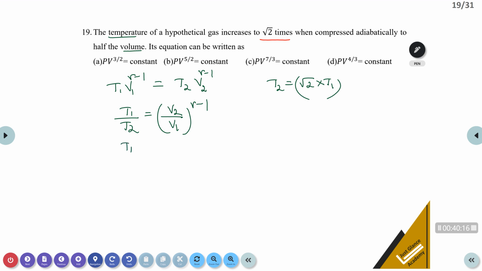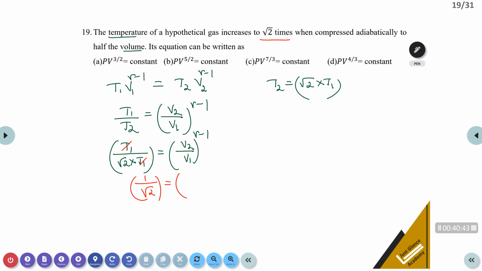Now I am writing T1 divided by square root of 2 times T1 equal to V2 divided by V1 raised to gamma minus 1. Here T1 gets cancelled. It is 1 by square root of 2 equal to